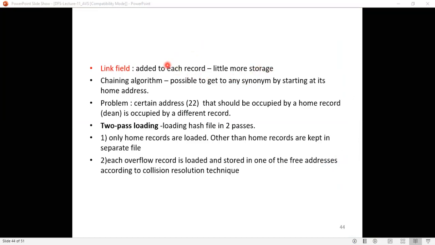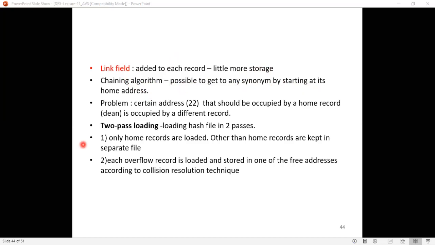And then the chaining algorithm. It is nothing but making it possible to get to any synonym by starting at its home address. For this you need a chaining algorithm such that when you are searching for a key, you have to move through those synonym lists, starting at where? The home address. Always you have to start with the home address and then move on searching.